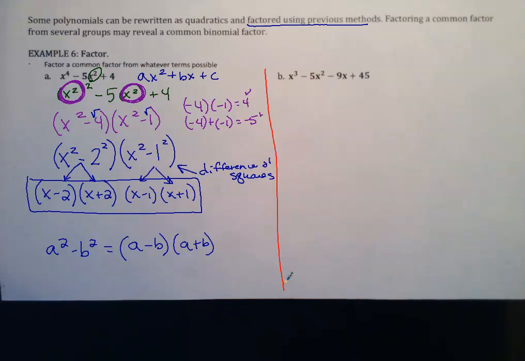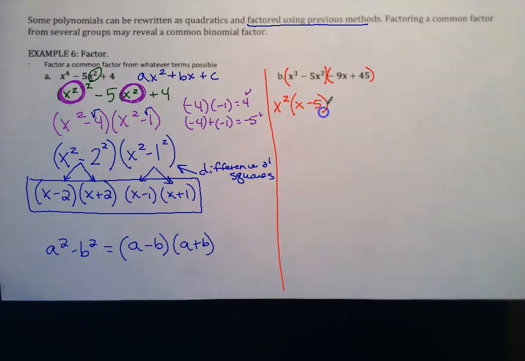Is there anything we can factor out of all 4 of them? No, and that's the first thing we always want to ask: can we factor? Since we can't, let's force some factoring. We're going to group our terms two at a time, as binomials. Can we factor anything out of the first binomial, x cubed minus 5x squared? We can factor out an x squared, which is going to leave us with